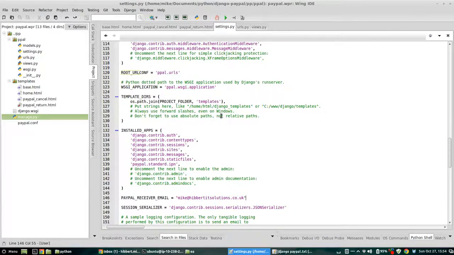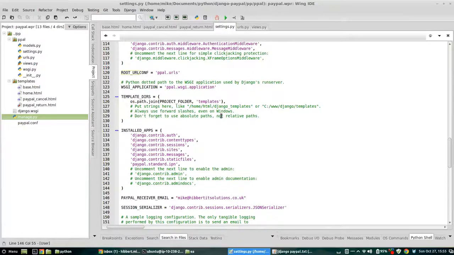Now, once that's done, that's enough to configure this for everything that we need. Now, the next section is just basically to set up our URLs so they'll work along with the PayPal instant notification system. Now, if you don't know how IPN works, in brief, and this is a very brief description,